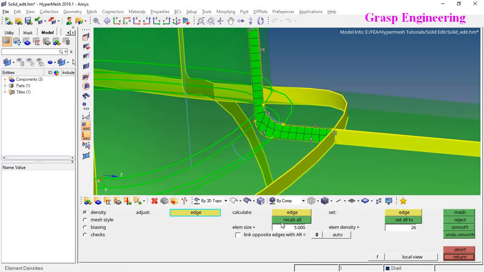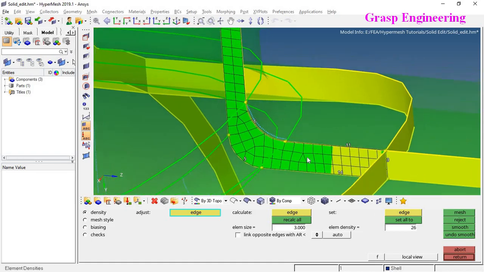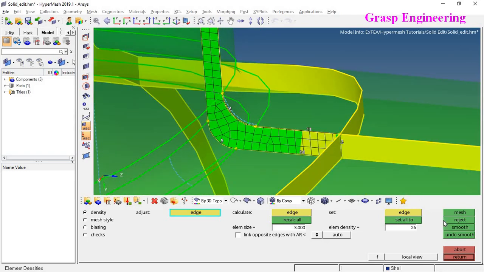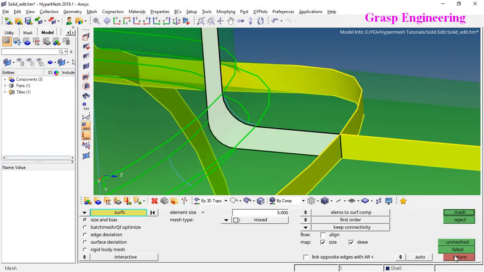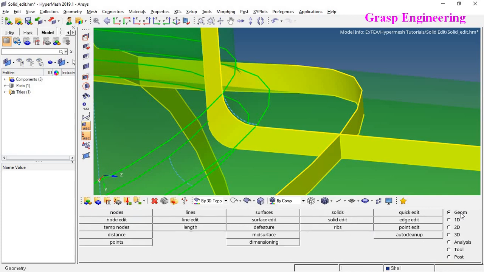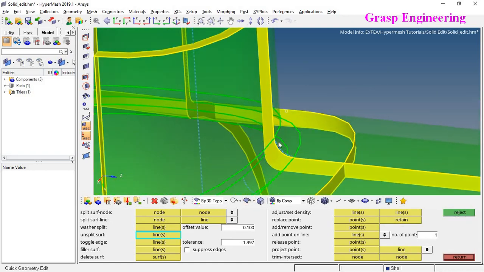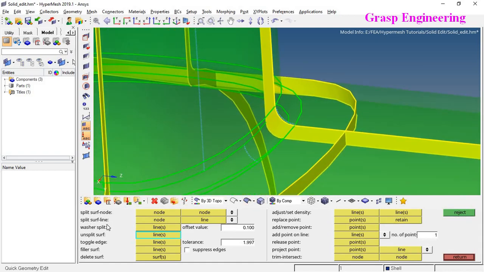Now if you see that mesh, I will put it to 3 and remesh. Now you can see that the mesh is not properly quad. In order to make that, we need surface splitting. For that, let's go to geometry, quick edit. From the quick edit panel, we will split the surface. Let's go here, split surface with the help of node to line.